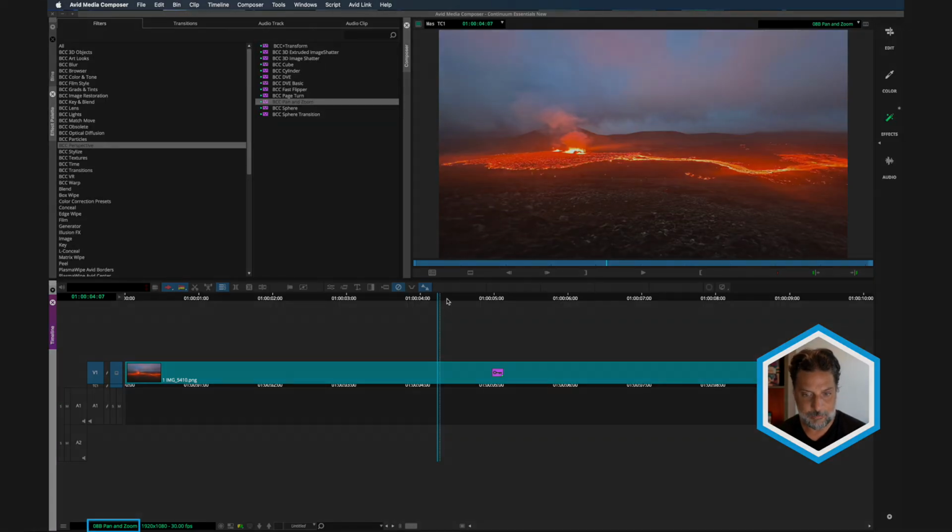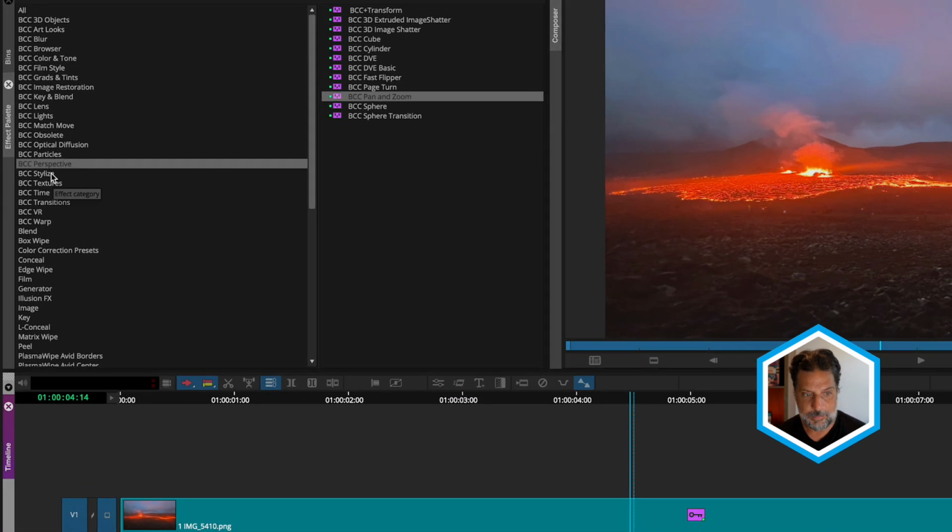In this video, we're going to explore BCC Pan and Zoom, which automatically allows us to animate stills in our Avid sequences. So I'm here in the 8B Pan and Zoom sequence, and I have a still clip which happens to be 10 seconds long. In the effect palette, under the BCC perspective category, here is BCC Pan and Zoom, and I am applying this